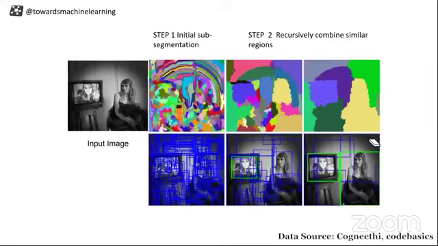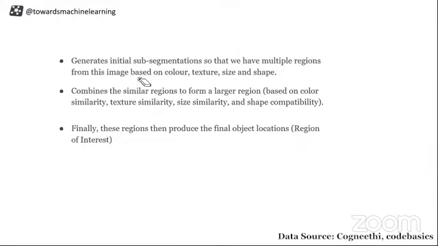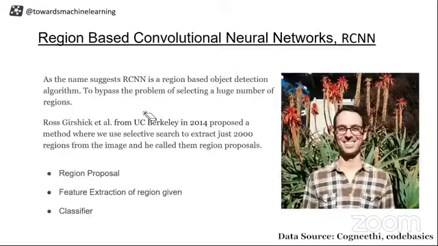Okay, so I guess you got the feeling of what the selective search algorithm works like. It generates some initial sub-segmentation based on color, texture, sizes, and shapes. Combine them based on their shape similarity, texture, and size similarity. Finally, you have some regions with you, and you can send only those regions to your classifier so that you don't have to go again and again to your classifier architecture, and you can save your time as well as the computation.